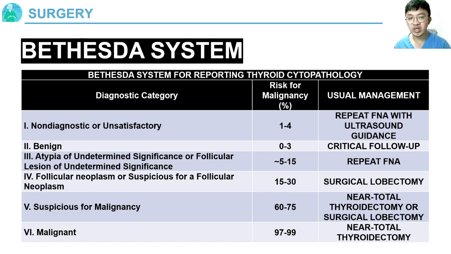You need to do lobectomy, and based on the lobectomy result, you may proceed later on to completion thyroidectomy if it becomes malignant, if it's follicular carcinoma. But if it's like an adenoma or other masses which are follicular in nature, lobectomy is more than enough in these patients. Remember, when you're diagnosing thyroid masses, the most important test is actually your FNAB. However, in follicular neoplasms, you cannot diagnose benign from a cancerous lesion based on only an FNAB, because